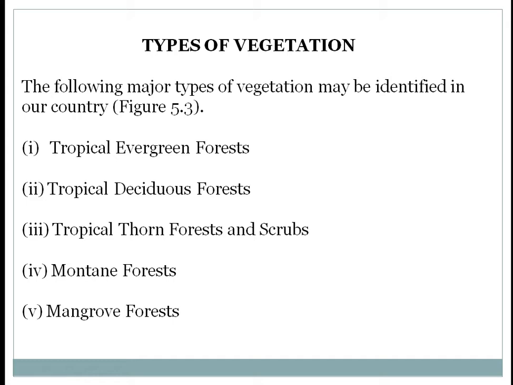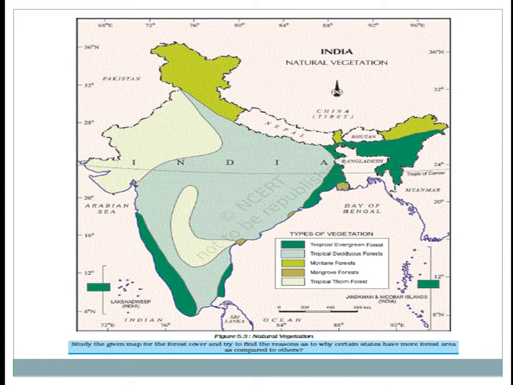So in our motherland, we have 5 types of forest. They are: first, tropical evergreen forest; second, tropical deciduous forest; third, tropical thorn forest and shrub; fourth, montane forest; fifth,